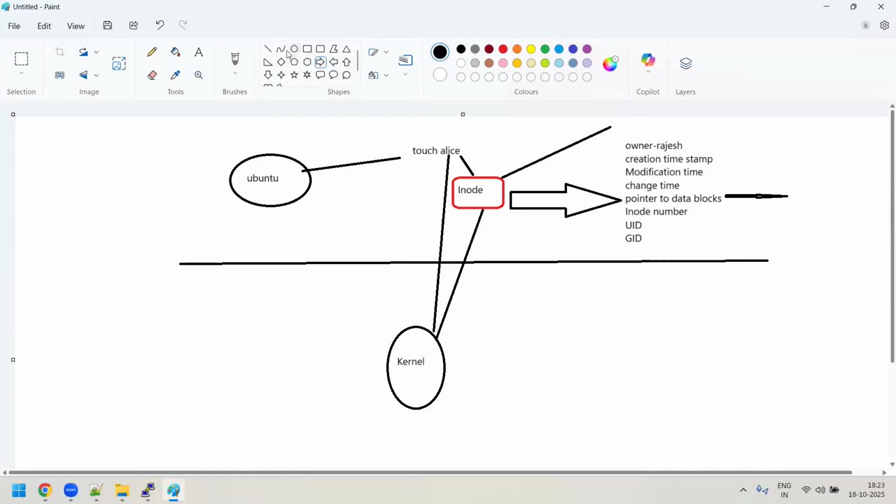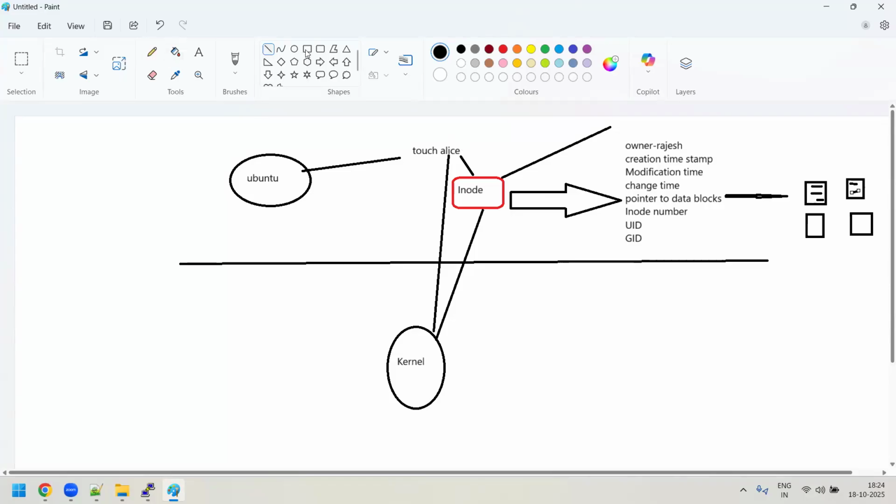This is called data. Here there will be a lot of data blocks like this: 1, 2, 3, 4. Assume that there are 4 data blocks assigned for the Alice file. Now somebody, a user, will open this file and start typing some text inside it, or start doing something. So what happens automatically? The kernel will write the data into this data block section, like this. Where are the actual file contents stored, guys? Your file content or actual file data is stored inside these data blocks.